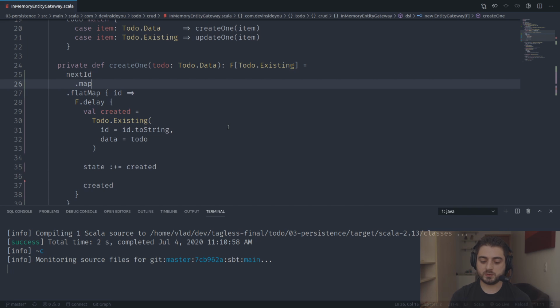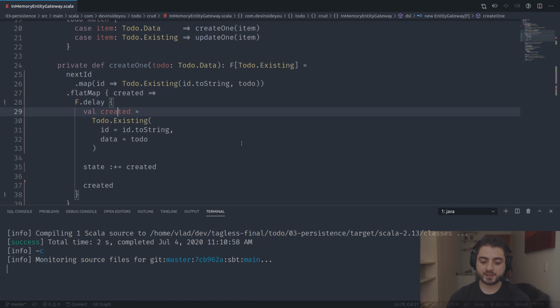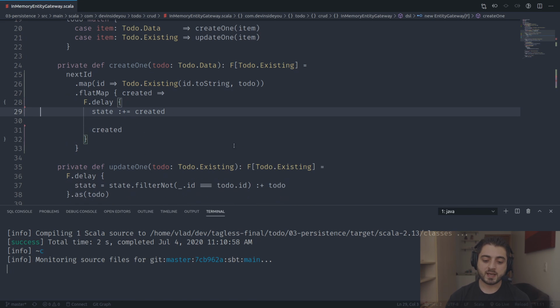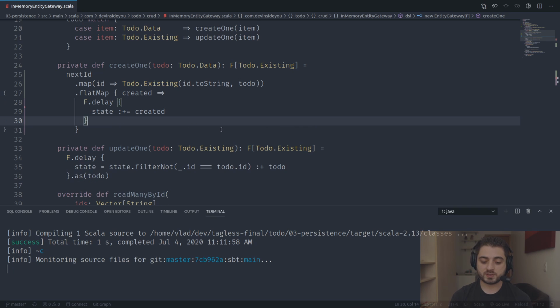And the first thing that we're going to do is we're going to do ID arrow to the right, and over here we're going to say Todo.Existing, and this is going to be the id.toString, and this is going to be the todo, right, which is the data. Okay, so now when we're doing flatMap, we're actually already dealing with this created thing. Okay, so we can just throw it out like this, right? So we still need to delay the fact that we're adding it to the vector, but at least now it's outside, and because it's outside, we can actually throw out this one, right? So we can just do this, and we can just say as created,